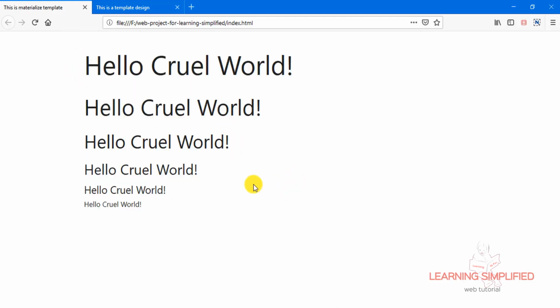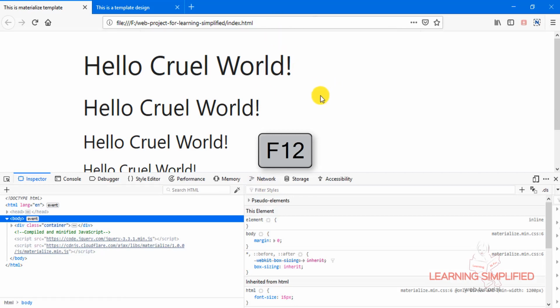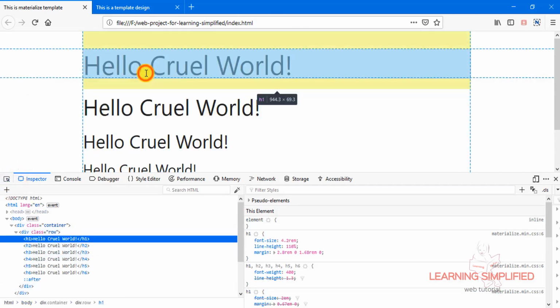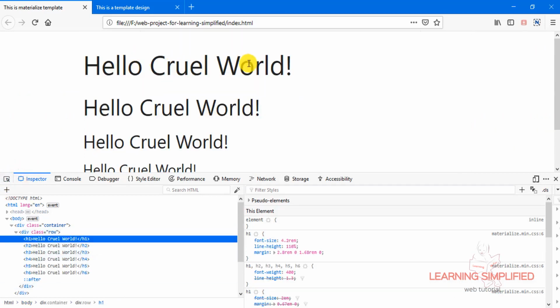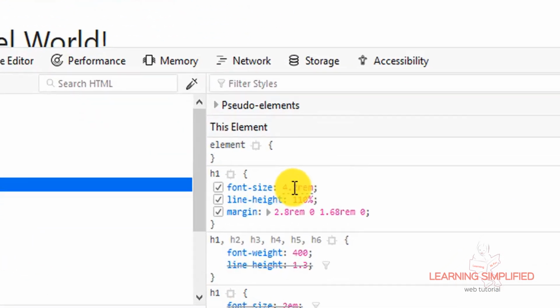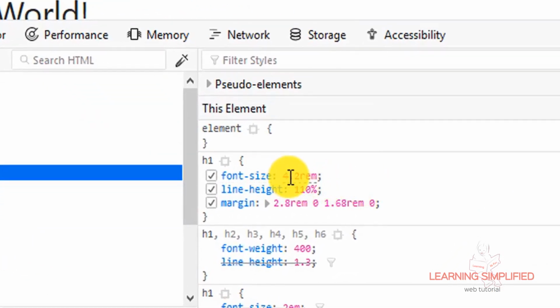Now we need to check all those font sizes, what font size is being used over here. In order to open our inspect panel, we will press F12 and there it goes. If we select any one of them, currently this h1 tag, and have a look into it, we can see the font size set over here. It is actually 4.2 rem.